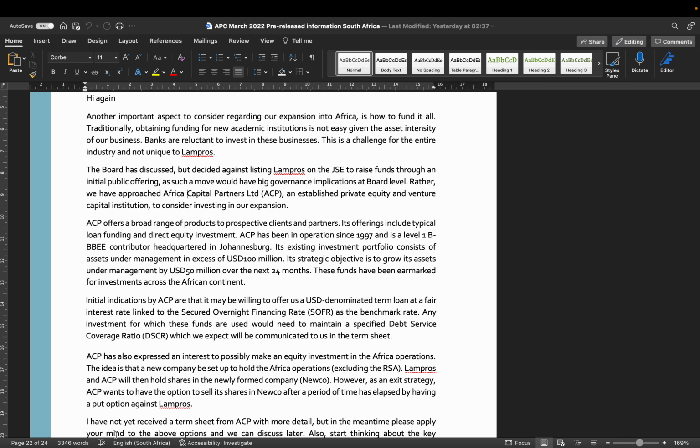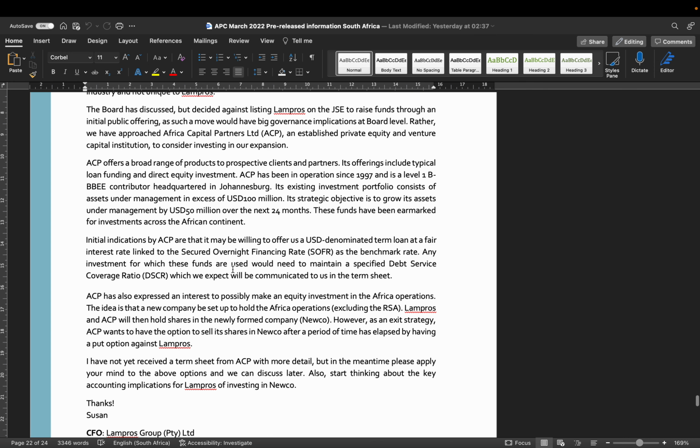And they're also in a growth strategy, right? So they've got a lot of capital that they need to deploy. Therefore, Limpros could be an opportune or a great way to deploy that capital. Okay, but again, from a management, accounting, and finance perspective, a lot more to unpack here. But we're going to be focusing on the accounting elements. And at this point, there isn't anything particularly that we can say sticks out as an accounting thing that we need to be thinking about.